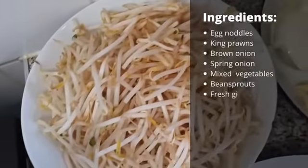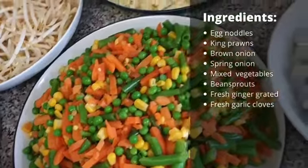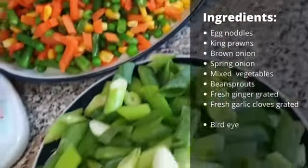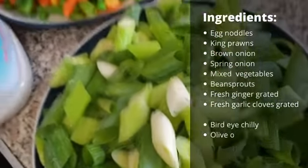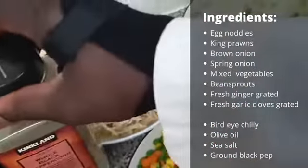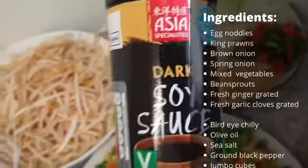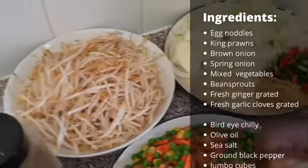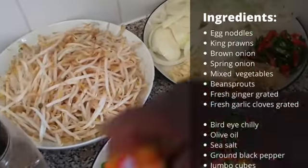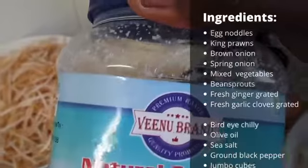On the other plate I have bean sprout. On this plate I have mixed vegetables. On this other plate I have spring onion, ground black pepper, soya sauce, jumbo cubes, sea salt,